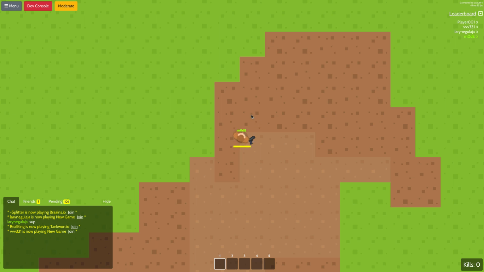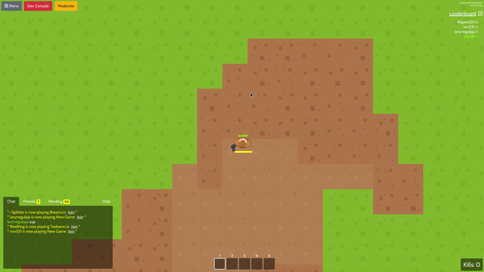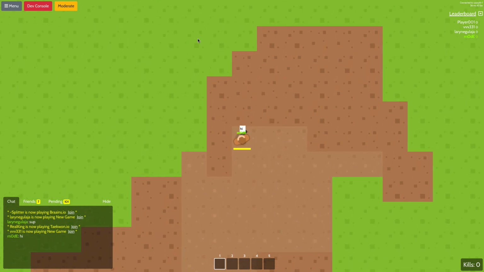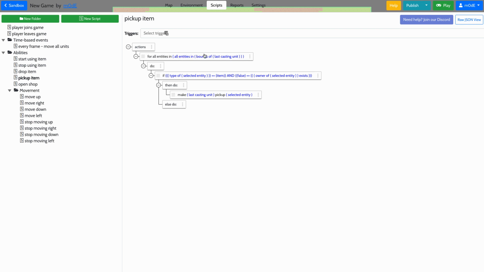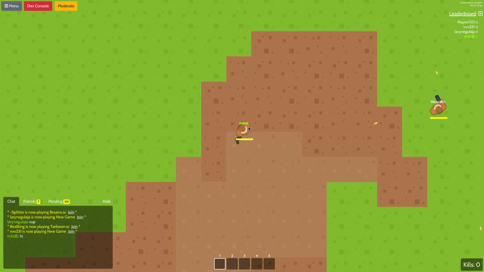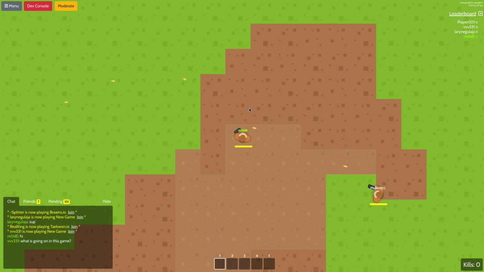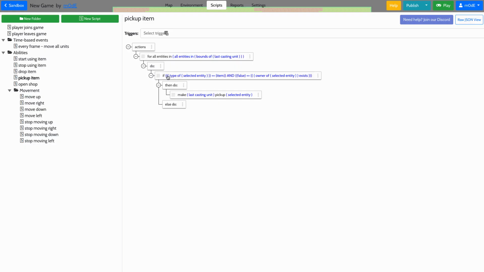Right now you can see that the gun is overlapping the unit, so it's inside the boundary. It checks for all the entities that are within the boundary, and it loops through every entity. For example, if there are 5 items underneath the unit, then it's going to loop through all those 5 items. It checks for the type of the entity, and makes sure that the entity within the boundary is an item, not a unit or projectile or something else. So there's a condition to make sure that it's an item, and then it also checks